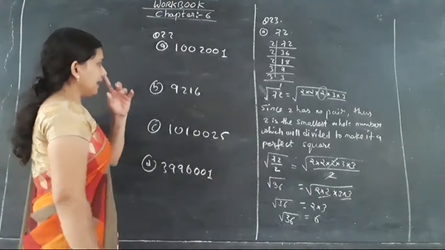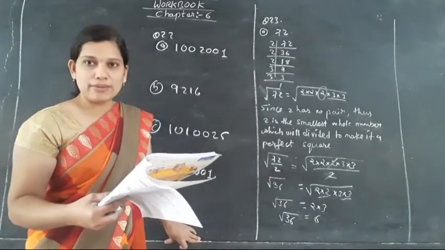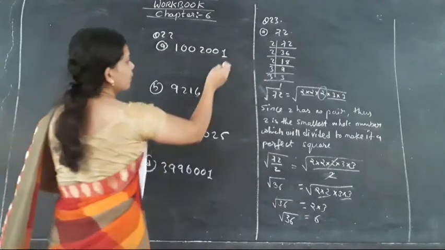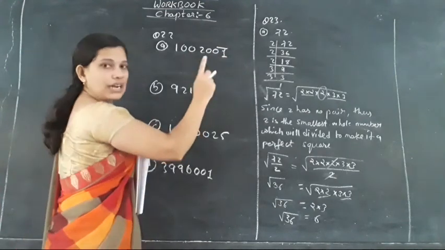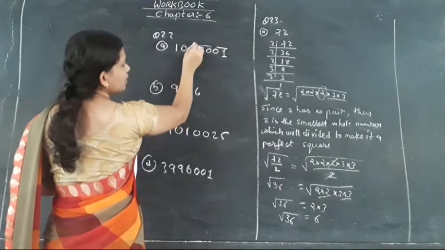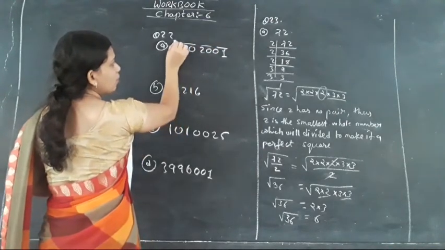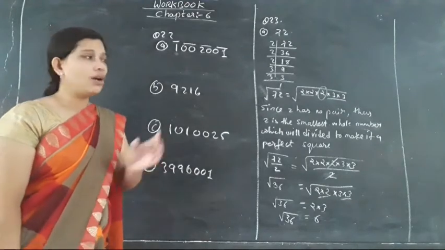You can see that it is said to write the number of digits in the square root of the following numbers. So here you have to make a short form: making pairs of two numbers starting from the right hand side. Okay. So this is the one pair, this is the two pair, this is the three pair, and the last does not have any pair of the number, so it will remain as it is. You have to make a bar above that.